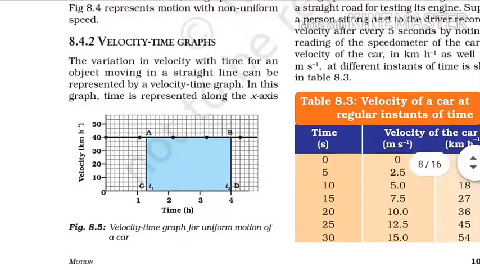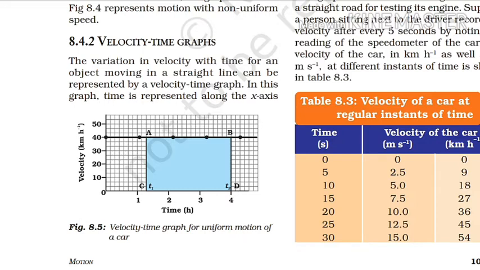We know that velocity can be defined as the rate of change of displacement. It means when any object moves in a particular direction, the total displacement created by that object can be defined as the minimum distance between the initial and final position. And velocity can be defined as the total displacement divided by the total time taken.